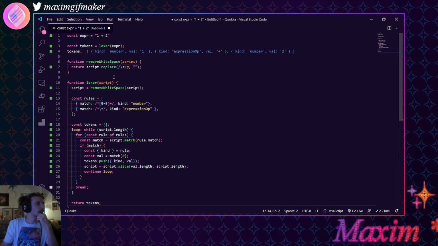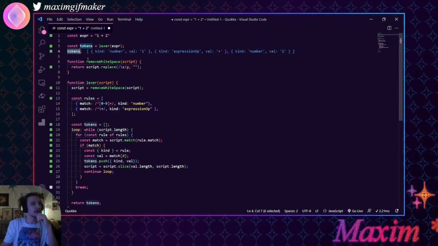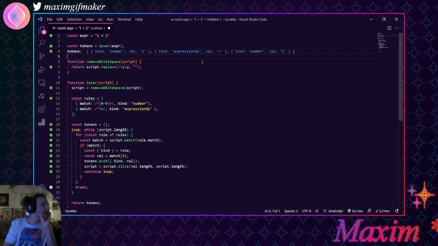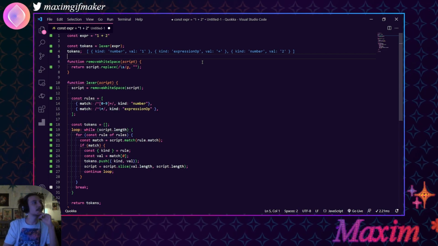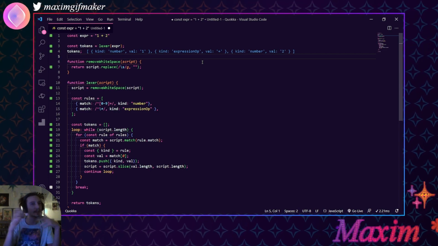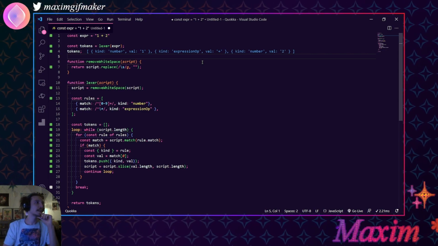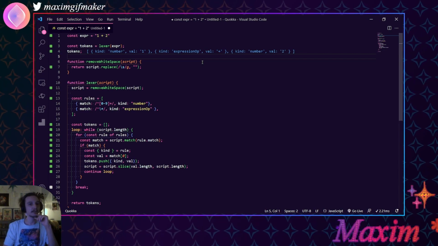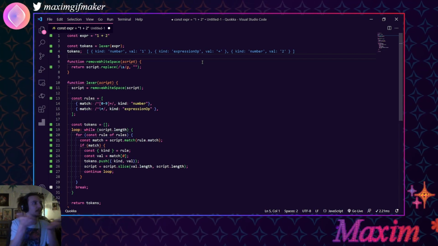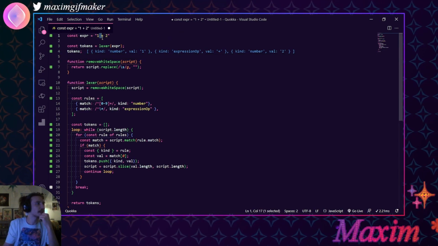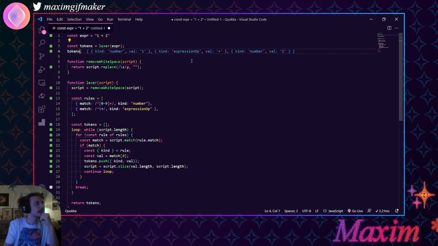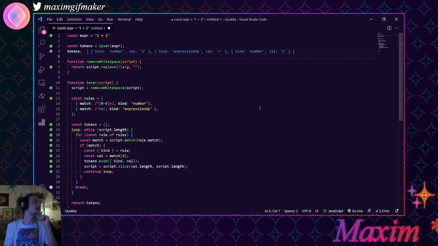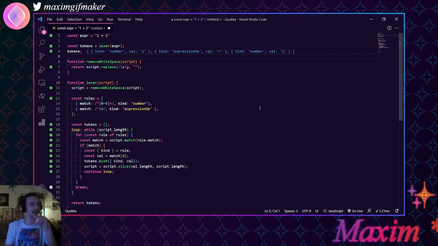Let's continue. Okay, so now that we have a list of tokens, what we want to do is write the actual parser. And the parser is going to look at the tokens and figure out a structure that it can use to execute the expression. Execute basically means to make the plus operator apply 1 to 2. And so the way that we do this, the parser will actually produce a thing called an AST,